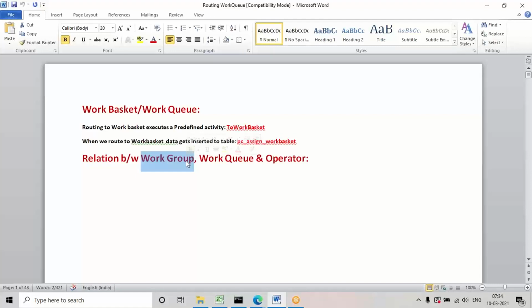If any task is transferred to team two, where 5 developers are there, then within them, whoever is available, any one person will work on that particular task. So like that, a work group is nothing but a team. And what does work queue mean? This is a routing type. Using this queue option, they can transfer the task to the teams. The queue's purpose is to route the task to the teams.